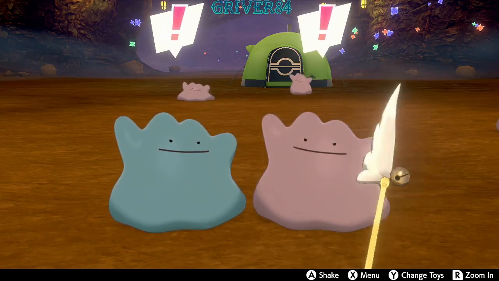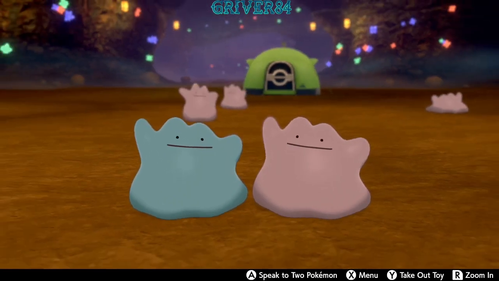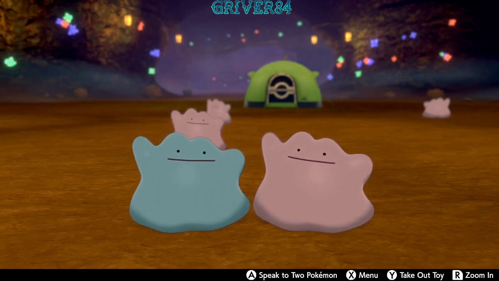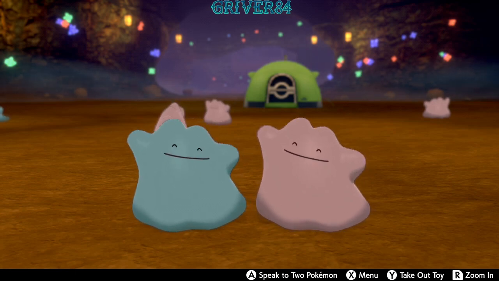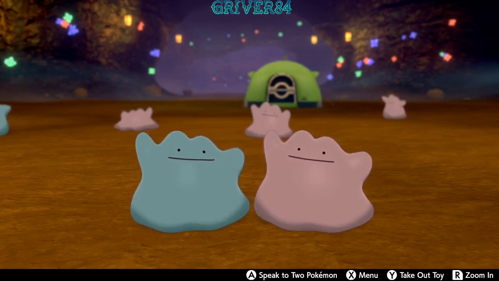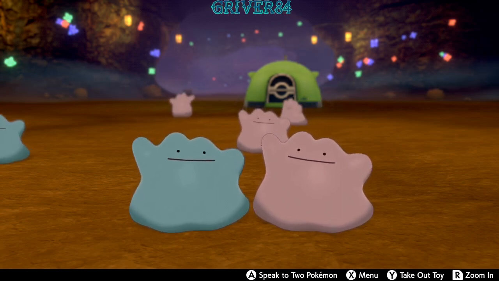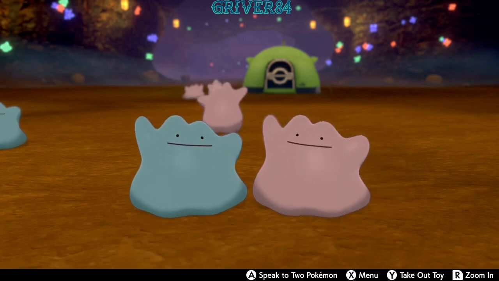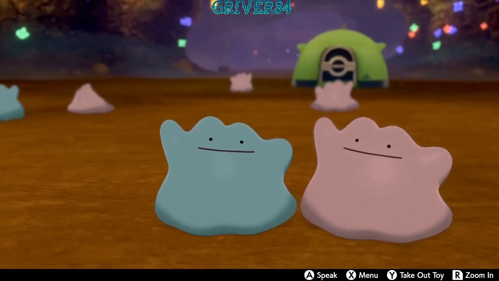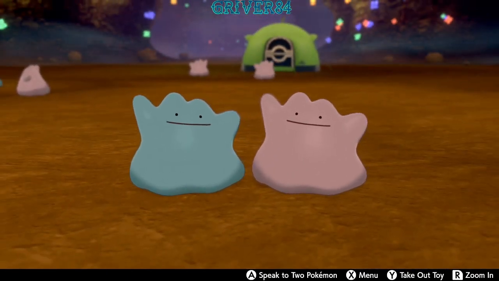Now, there's actually several ways you can get a Ditto, both for the base game, the Isle of Armor DLC, and the Crown Tundra DLC, and I'm going to go through step by step here and show you what you need to do and what processes and steps you'll need to take in order to acquire yourself a Ditto first off, and to show you what method is going to be the best to get yourself one to breed with. Also, at the end of the video, I have a little bit of a surprise for those of you who like to breed for shinies on how to get yourself a different region Ditto as well,